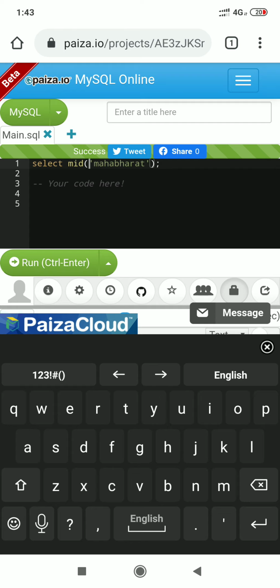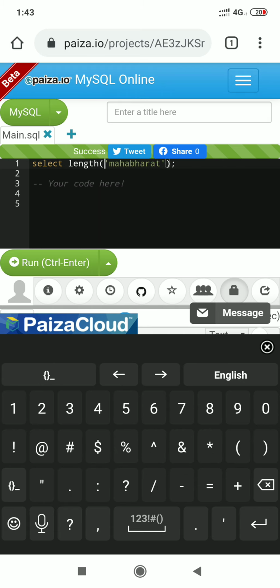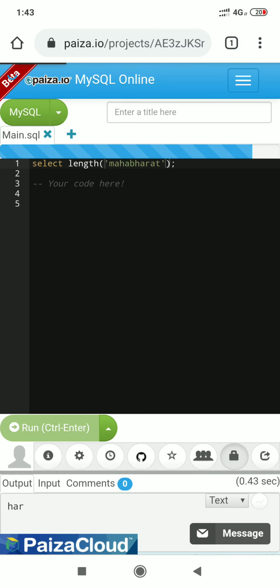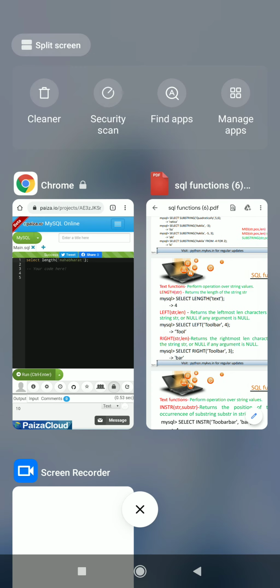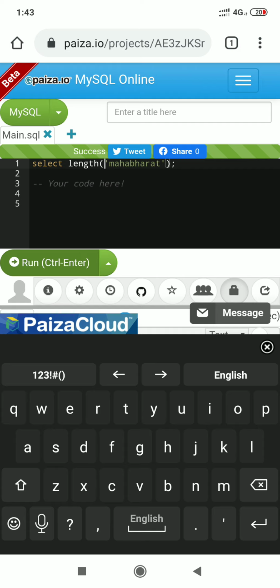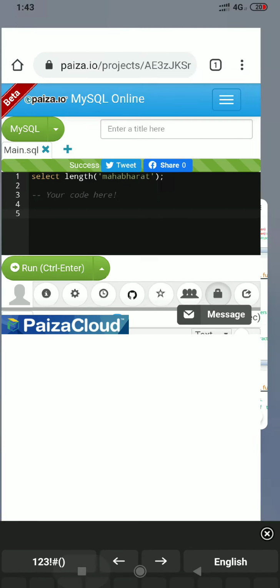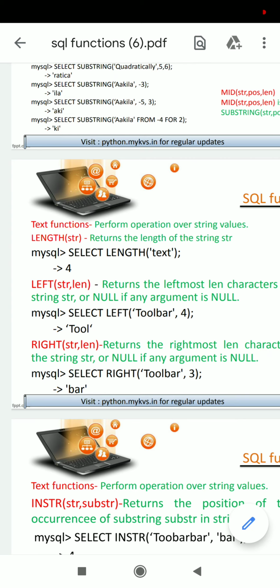Okay, I write here LENGTH. So the number of characters in this string is 10. Its length is 10.